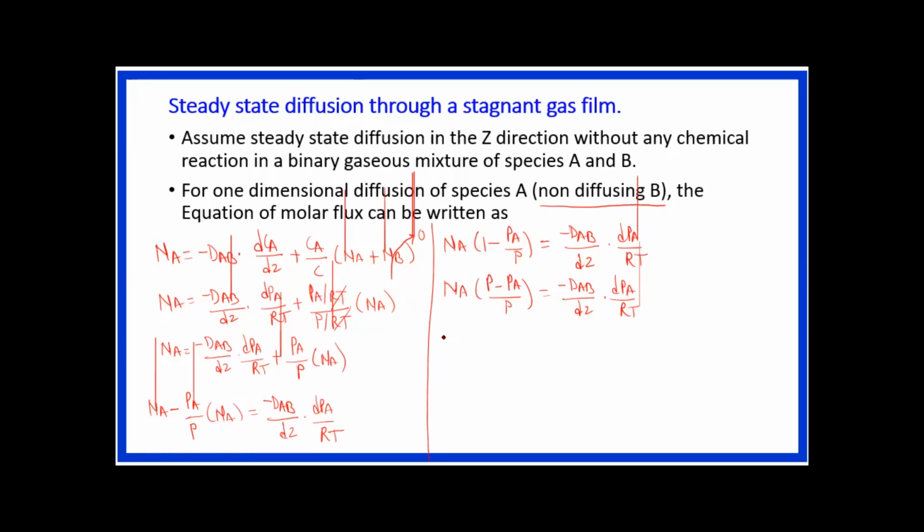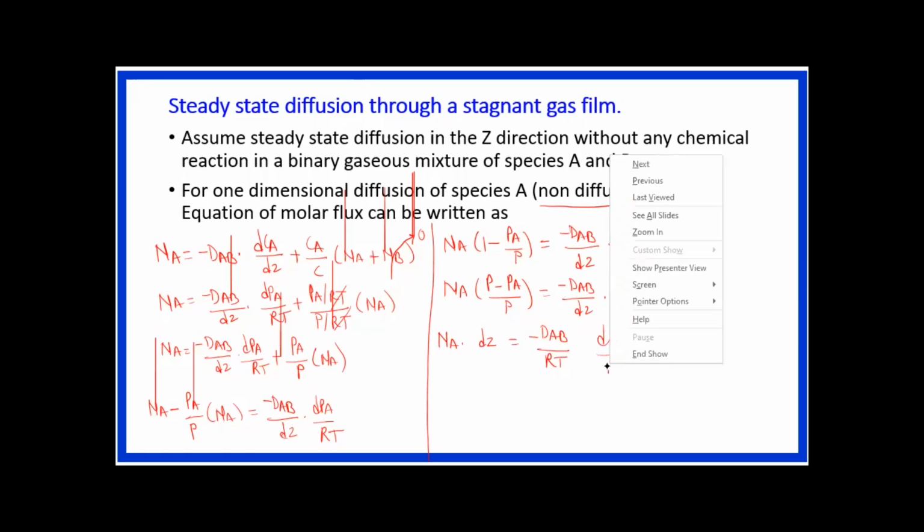Now by rearranging this equation for the integration purpose, we can write this equation as Na dz equal to minus dAb upon RT. So these constant parameters are separated. Then dPa upon P minus Pa divided by P. Now it is multiplied by P,